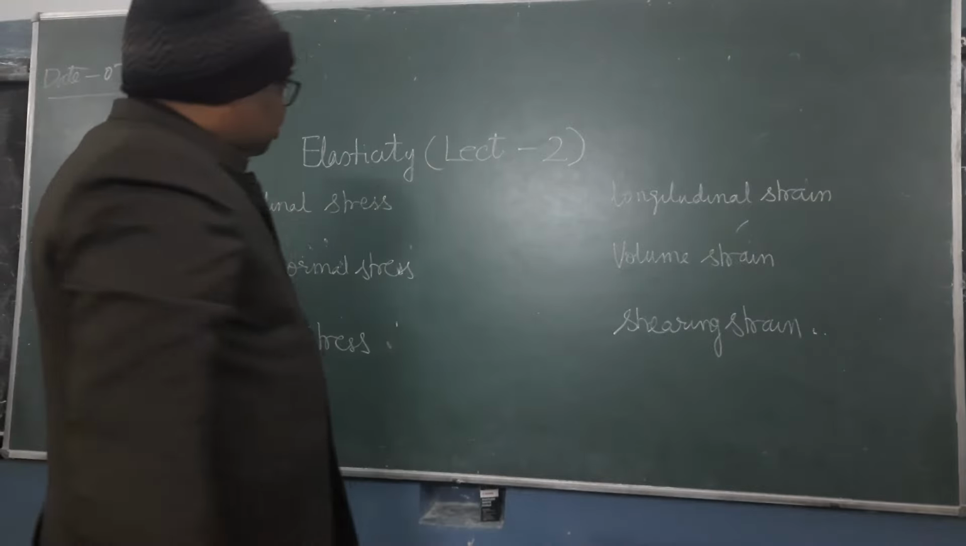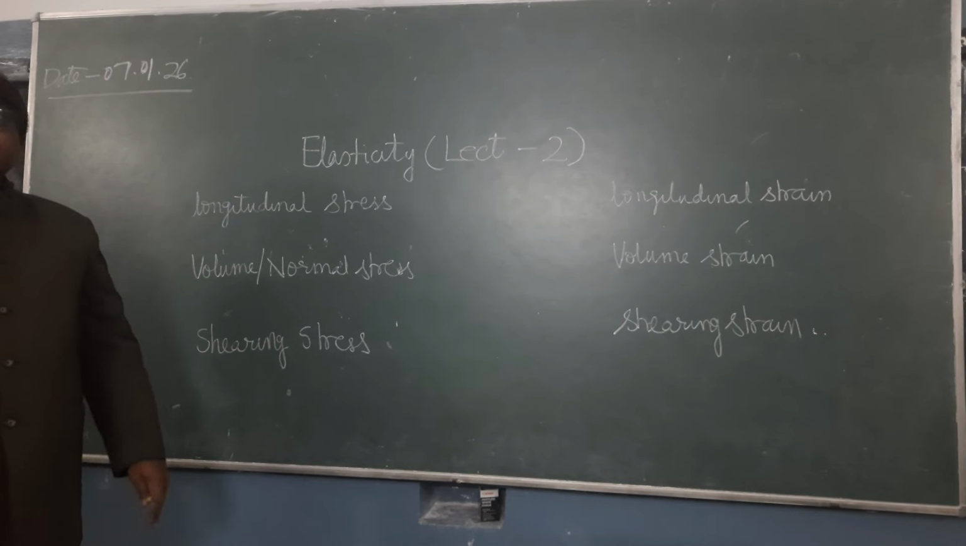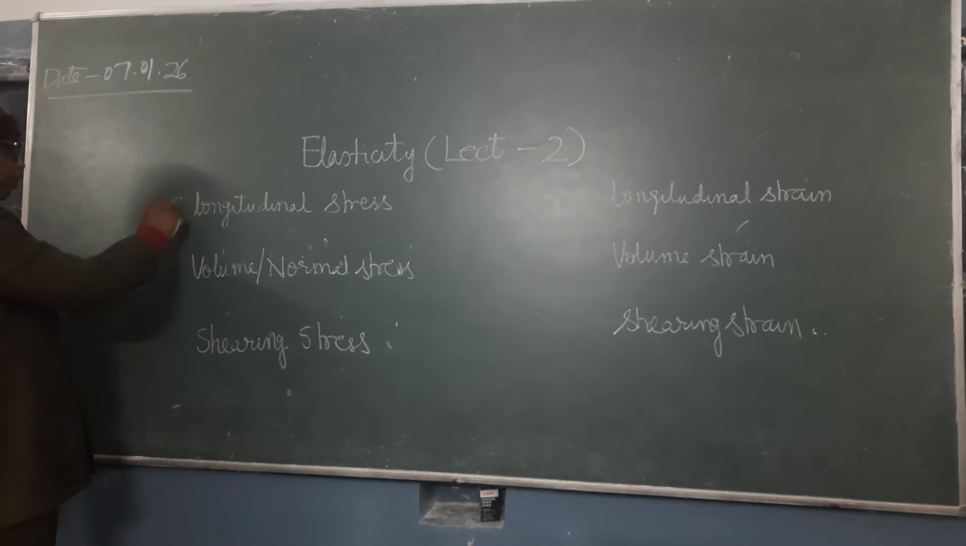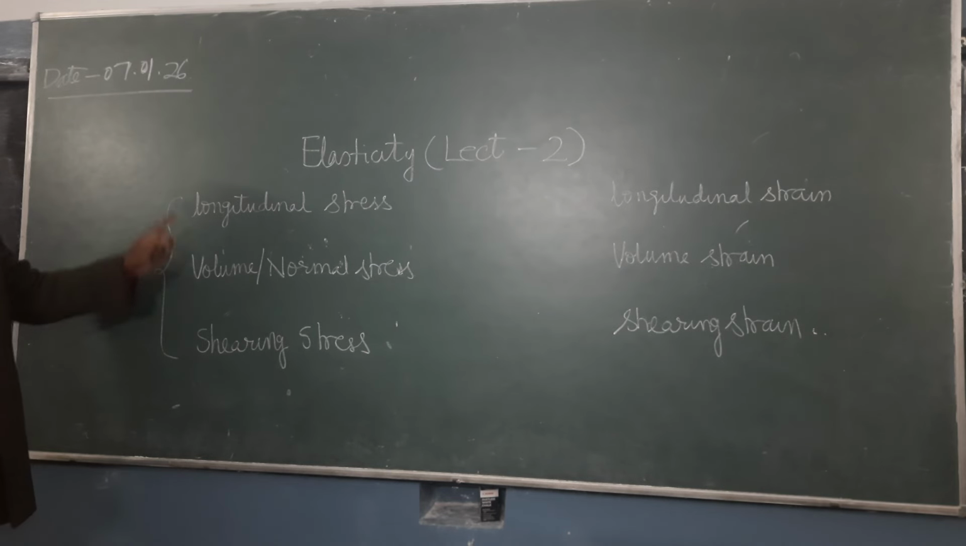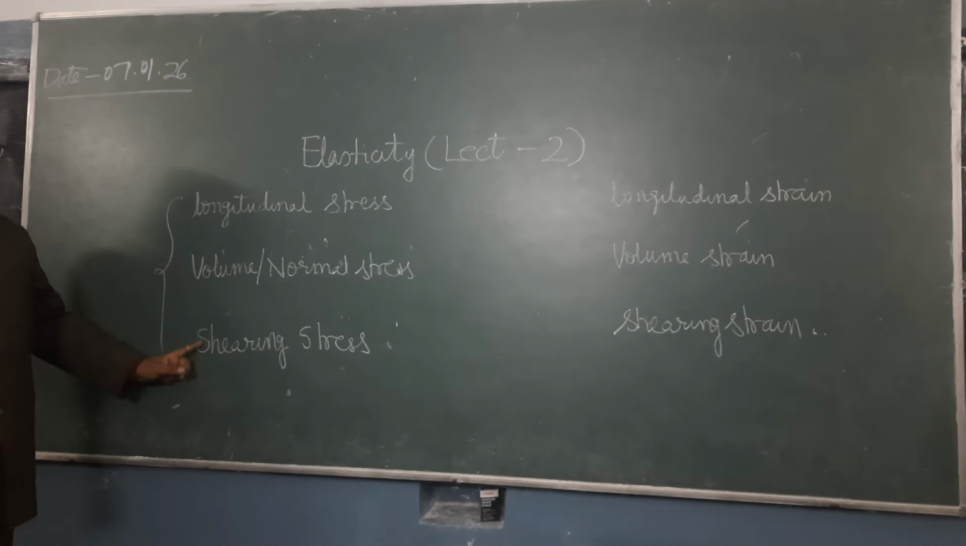Now yesterday I have explained about the elasticity and stress and strain. So depending upon the deformation produced in the body, there are three types of stresses: longitudinal stress, volume stress and shearing stress. Longitudinal stress is produced in thin wires when their length is increased, while the volume or normal stress is produced when there is a change in volume of the body, and shearing stress will be produced when there is a change in size of the body,